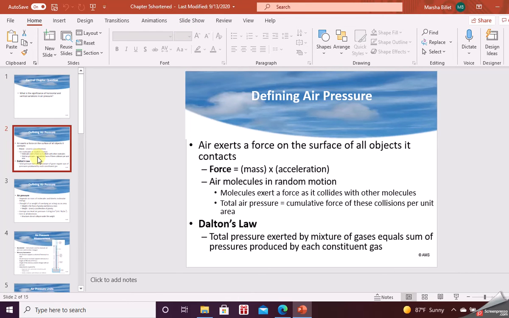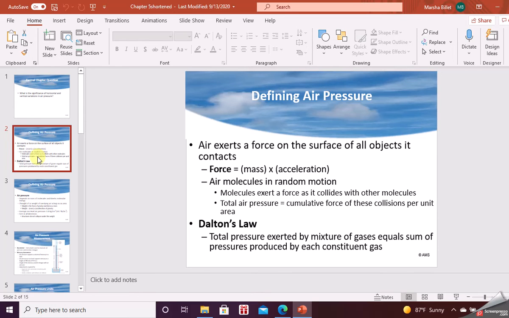What is air pressure? It's a force. A force is like if you slammed your fist into something. When you hit it, you exerted a force on what you were hitting. Air pressure in this case is a force from the atmosphere. Its mass, which is just made up of molecules of the air, times their acceleration. That acceleration can be up or down or sideways or whatever. Molecules have acceleration themselves due to kinetic energy. So the two combine together to provide weight.